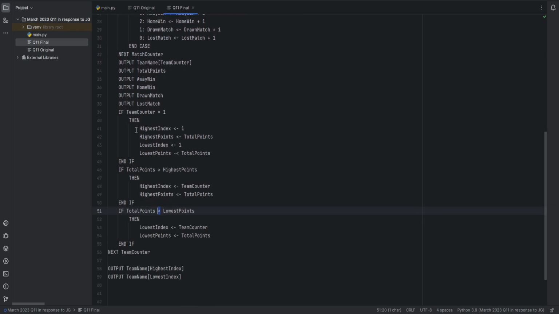First of all, he says we need to get the highest index and we need to then output the team name with the highest index, but we don't need to record the highest index. We need to record the team name at the highest index. So instead of highest index, we can say the highest team is the team at the current team counter, and we can say